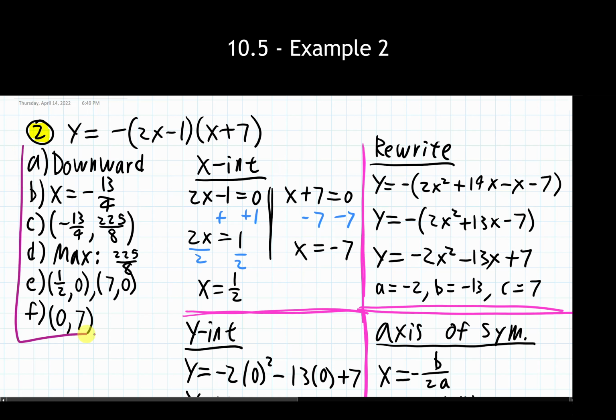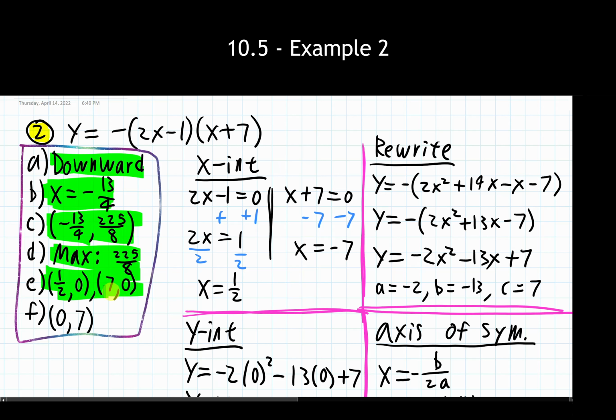So hopefully we're seeing with this example here that the order that we go through and solve these things really doesn't matter as long as you're keeping your work organized for yourself and you know how these pieces of information relate to one another, using one to find the others, and things like that. As we go through some other ones, the ordering that I'm solving them in might be different than the one that you're trying them in, but hey, as long as you're getting to each of these answers that you're being asked for, you're good to go.